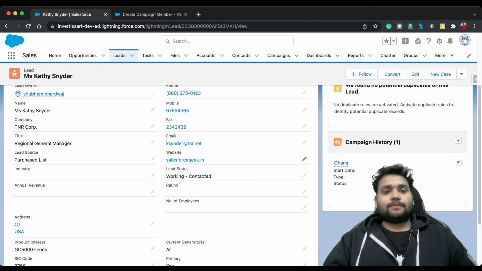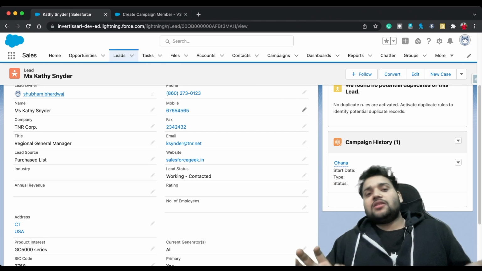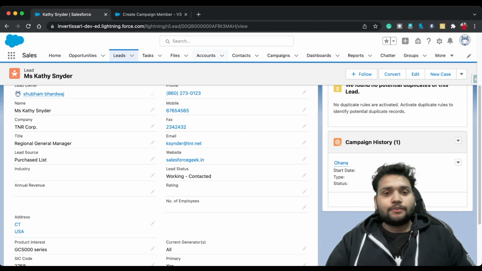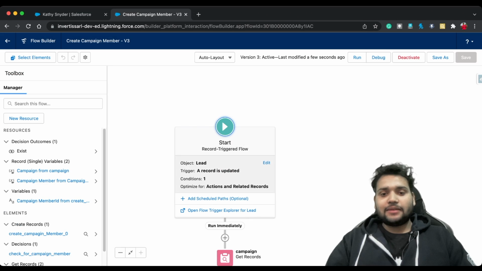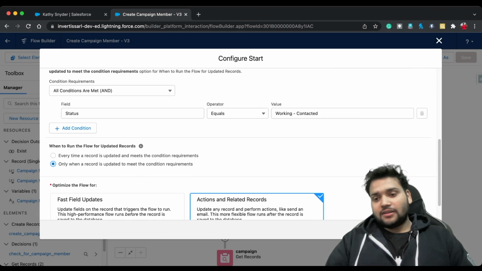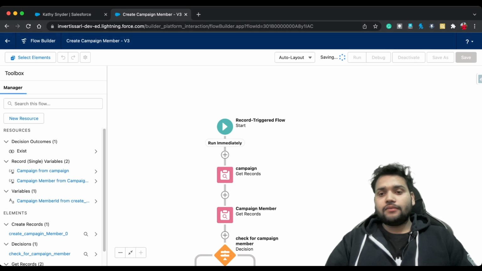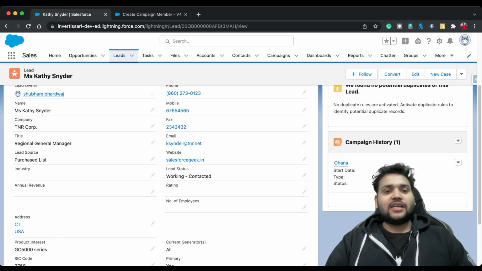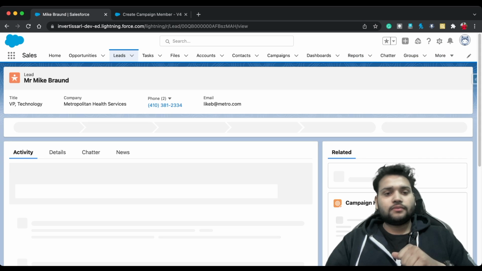So for the difference, just use the second option over there. Let's go to the flow, click on the record start element, click edit, and use the second option. Click done, save as, save, and let's activate our flow. I go again to any other lead which has a working contacted status, let's say Mike Brown.